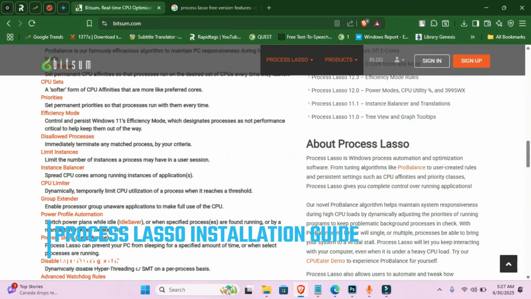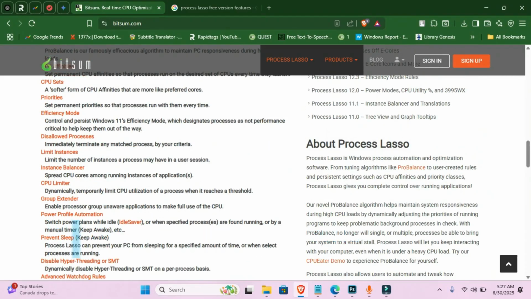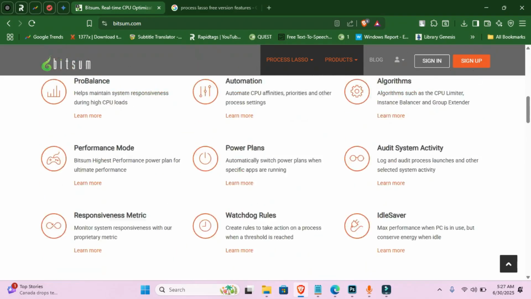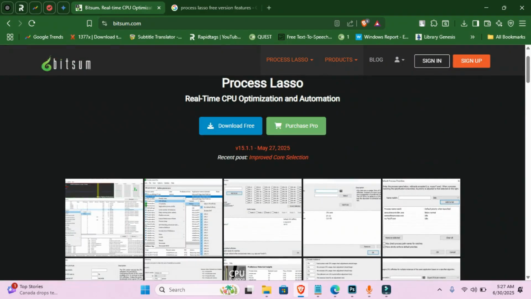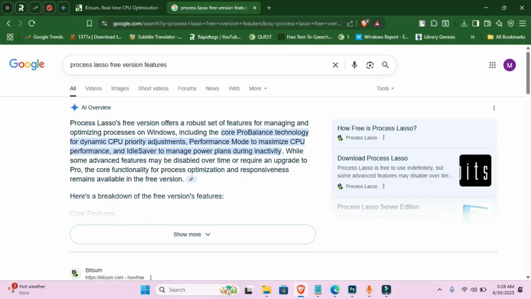In this video, I'm gonna show you how to download Process Lasso for free, the free version of Process Lasso. As you can see, I am on the official website for Process Lasso. I'm gonna download the free version, and you can see that the free version of Process Lasso offers a lot